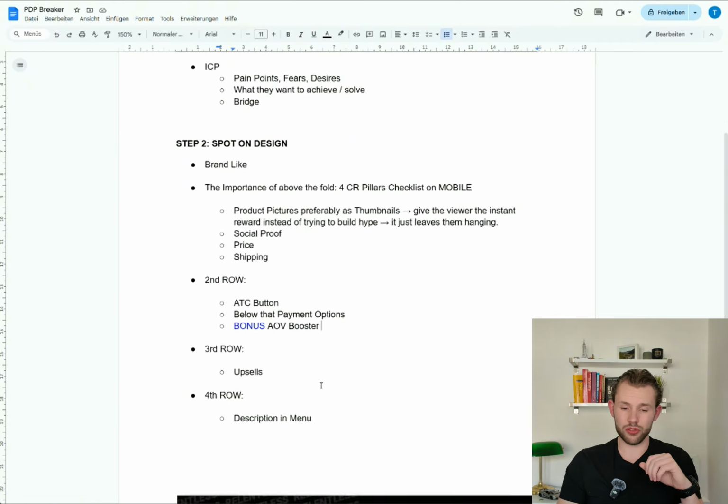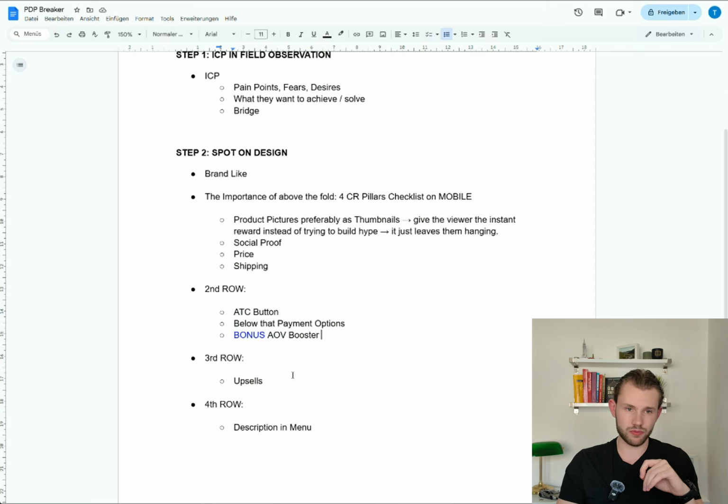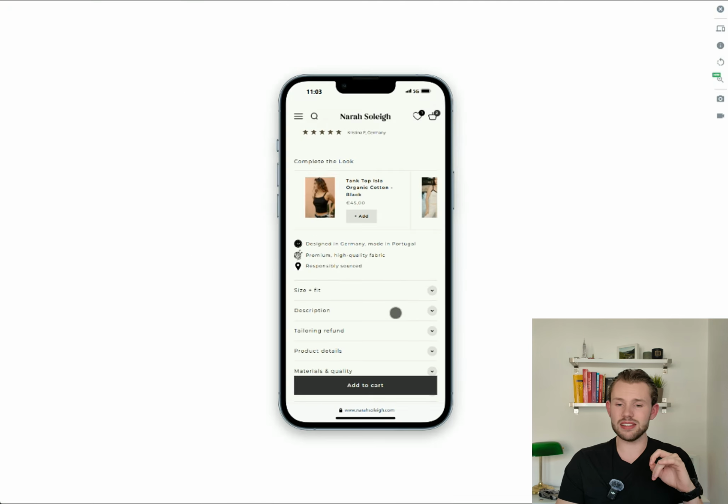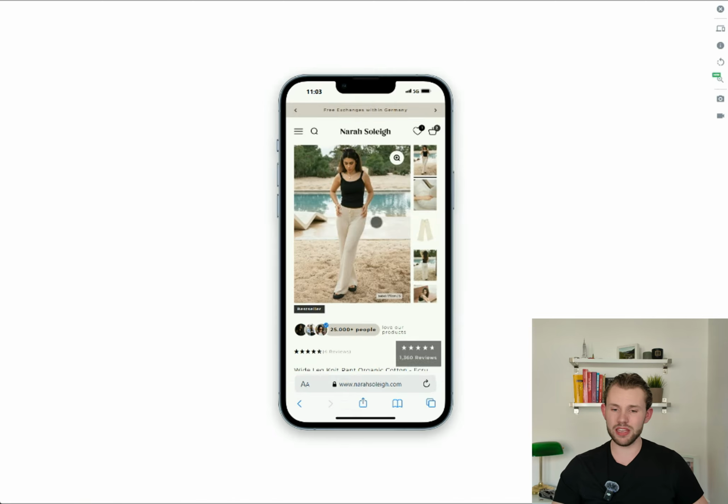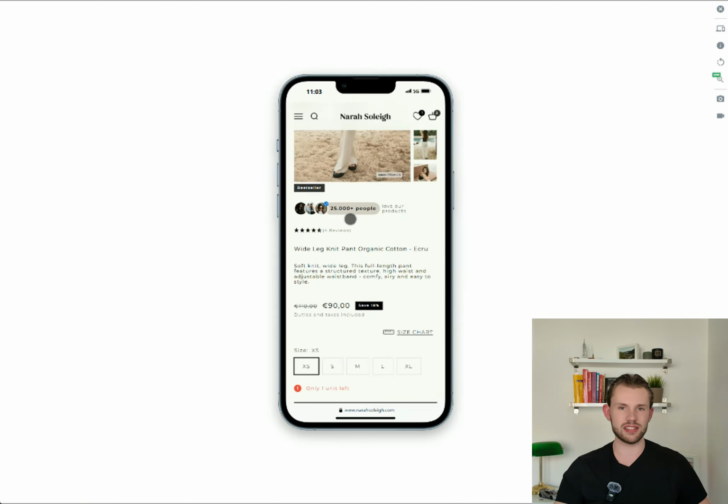Last but not least is the fourth row, and this is the description in the menu. Now, this is something that is actually raising a lot of questions with our clients, because they think they need hour-long text to read, even up here, so people know exactly what they're getting themselves into and what they need to buy. What we like to do, to prove them wrong actually, is